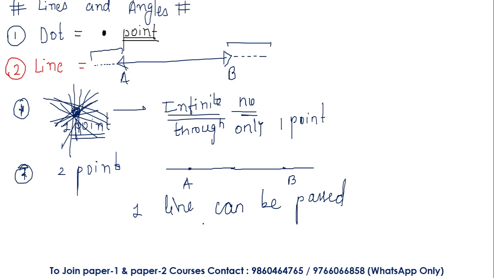So this was about dot and line, okay. Dot means any point-like structure is called a dot. Line means something where we are connecting the 2 points, and these 2 points can be extended to limitless extension, okay. It does not have any kind of limit. We can extend it as per our own convenience. And through 1 point infinite numbers of lines can be passed, and through 2 points only one line can be passed, okay. Moving on to the next.